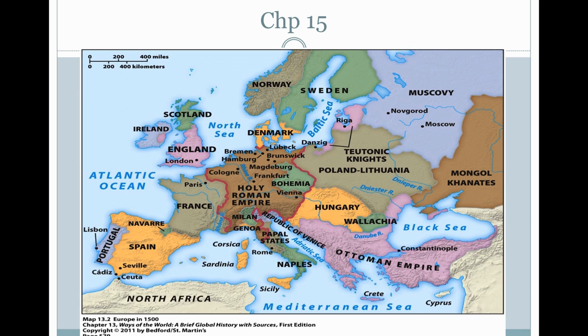All right, guys. New unit, Unit 4. We're entering into the period after Columbus, the 1400s. So it starts with chapter 15. If you look at the map, you'll notice that we start to see kind of modern nations emerging, right? Like France and Spain and England. Hungary. There's a new empire.